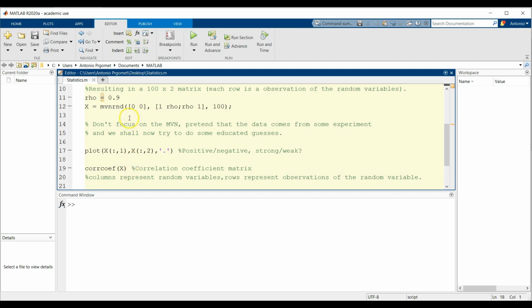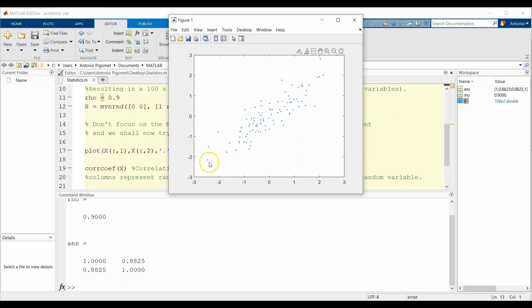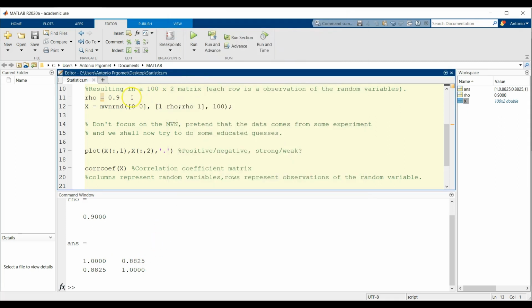So to run this code, I press Ctrl Enter, and then we see that the relationship between our observations seems to be positive and it is quite strong. And looking at the correlation coefficient matrix, we see that it is a positive number and it is quite close to 1. If I change my rho parameter to, for instance, 0.2 and run the code again,